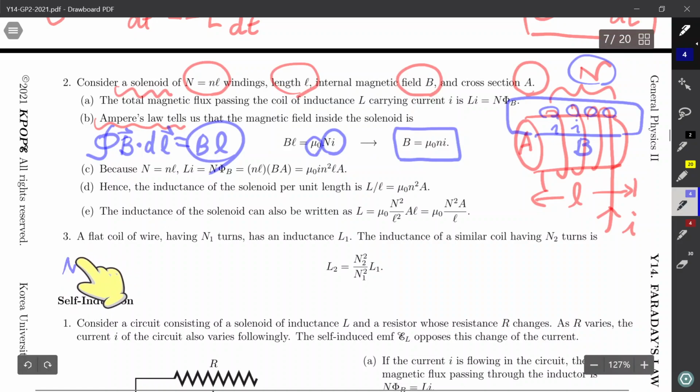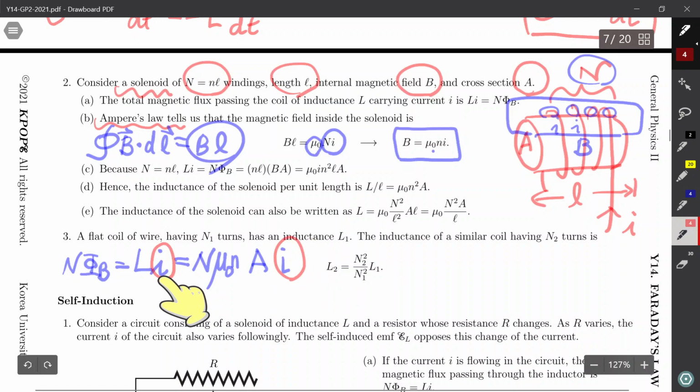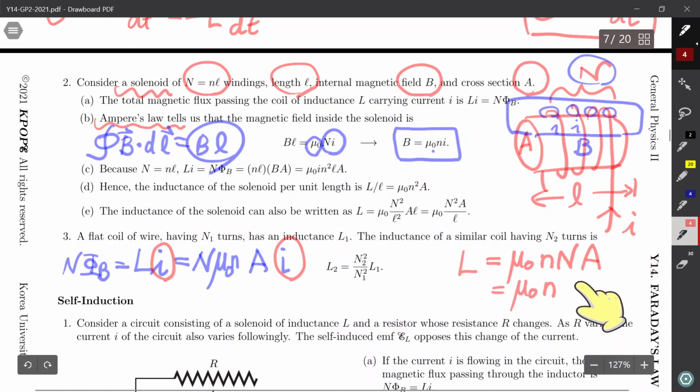The number of turns is N, flux phi B, that should be, by definition, L I. And flux is area times magnetic field. That's mu 0 n I, so we have a factor I on both sides, they cancel. Therefore, L is mu 0 small n capital N A, and capital N is n L, so